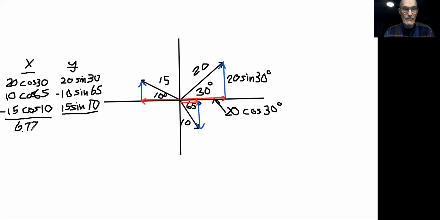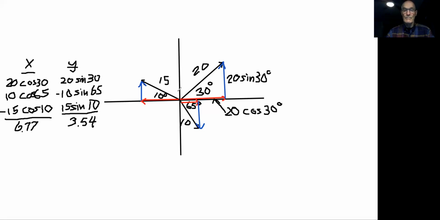Now, if I do my y component, I do 20 sine 30 minus 10 times the sine of 65 plus 15 times the sine of 10, and I get an answer of 3.54. Now, once I have this,